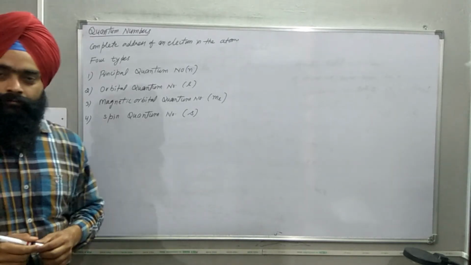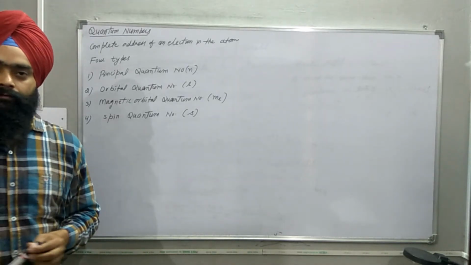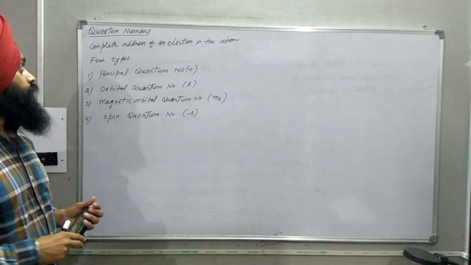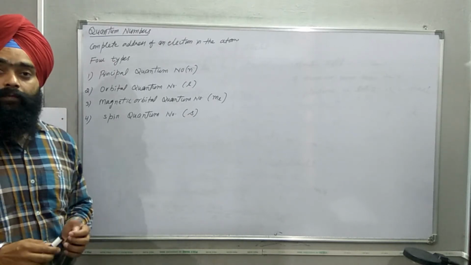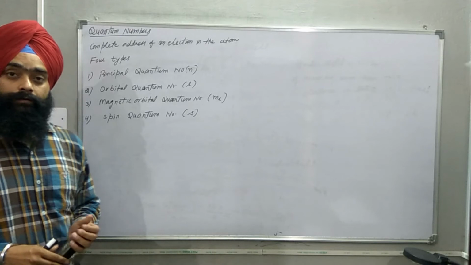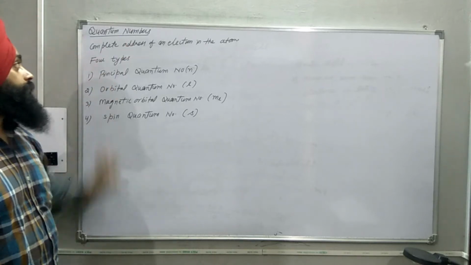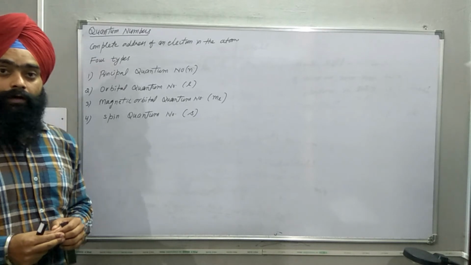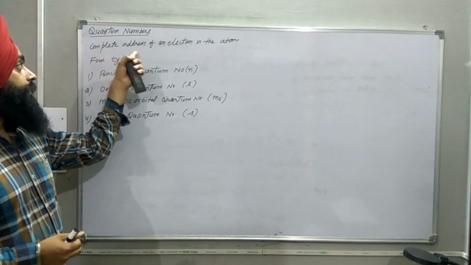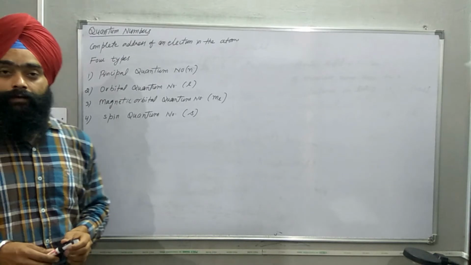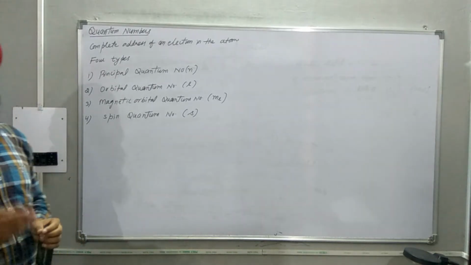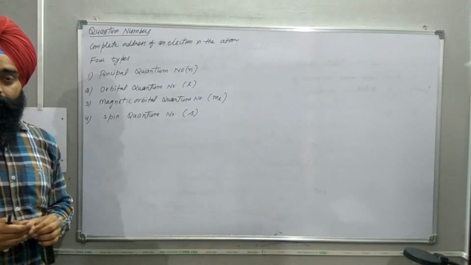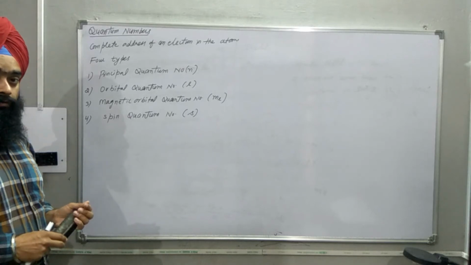Hello students, today we are going to discuss the quantum mechanics topic, a very important topic. This is called quantum numbers. If I define in simple words, the quantum numbers are a complete address of an electron in the atom. So in order to find out the complete address of an electron in the atom, we need to find the